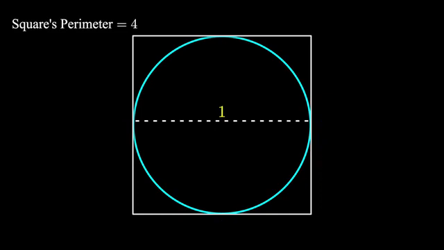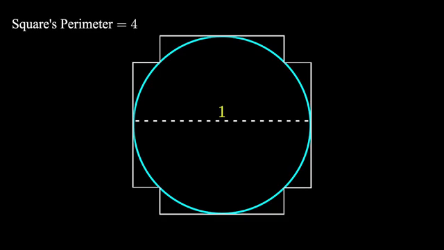Now remove the corners of the square and connect the shape to the circle in this way. Notice by symmetry, the perimeter of this shape has not changed. It's still 4. If we keep removing the corners in this fashion, the perimeter of the shape around the circle is still 4. Repeat this out to infinity, and we'll see that this process maps the shape onto the circumference